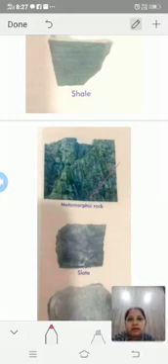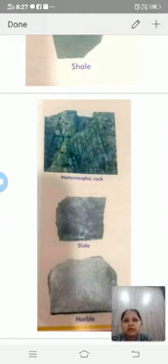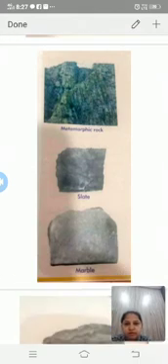The word metamorphic itself means to undergo a change in form. The types of metamorphic rocks are slate, marble, gneiss, and quartzite.